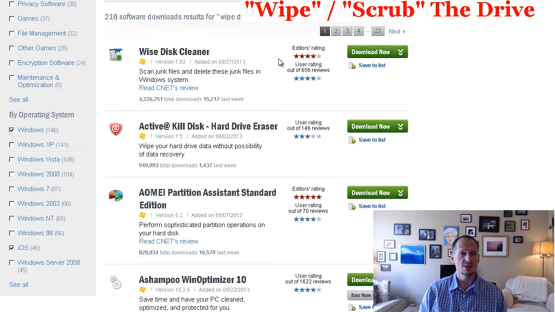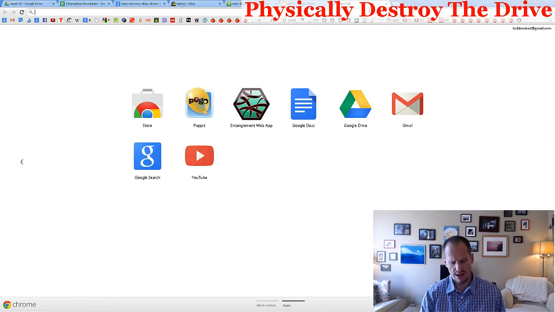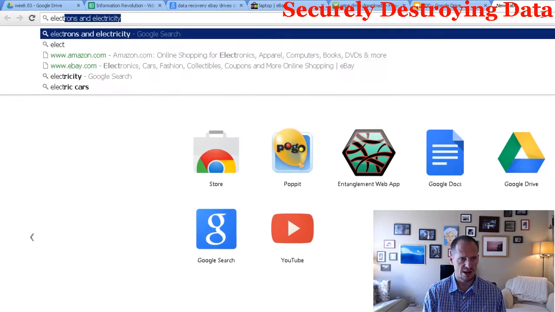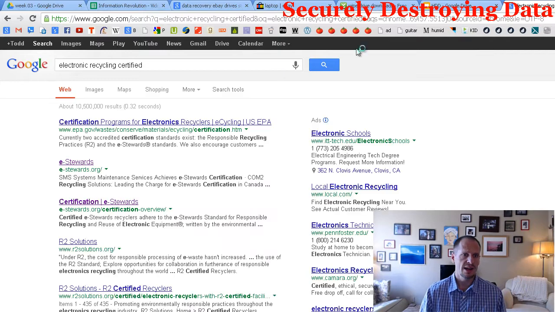But my recommendation to you is whenever you get rid of a computer, pull the hard drive out and just smash it to pieces. But don't throw those pieces in the trash because they're toxic, and you want to make sure that they're still recycled electronically in a proper way. So for electronic recycling that's healthy for the environment, you could search electronic recycling certified, right? And it'll take you to eStewards certification, and you can go to eStewards.org,